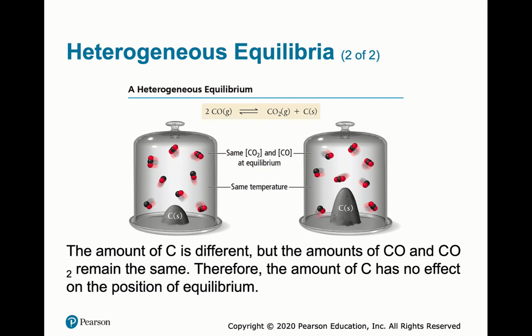So if you see here, 2 carbon monoxide in equilibrium with carbon dioxide and carbon, the amount of carbon is different, but the amounts of carbon monoxide and carbon dioxide remain the same. So the amount of carbon has no effect on the equilibrium. So that's one other thing with solids. As long as they're there, it doesn't matter really how much you have. Of course, this is not necessarily for rate and time. If you are doing something like burning things, of course the amount of fuel matters, but this is just dealing